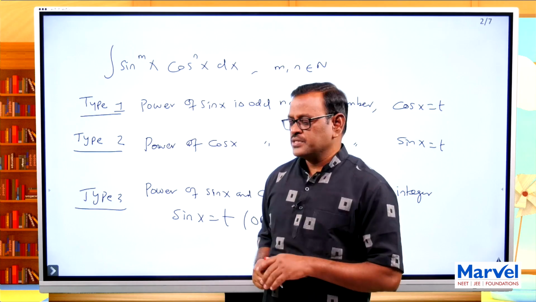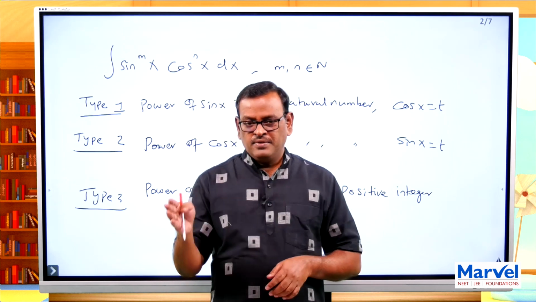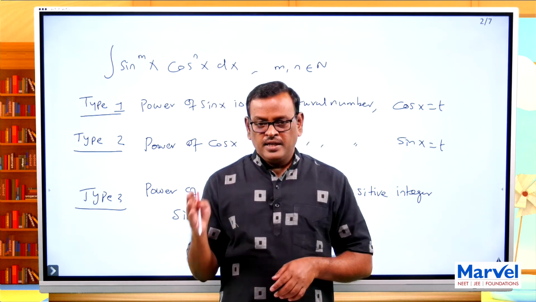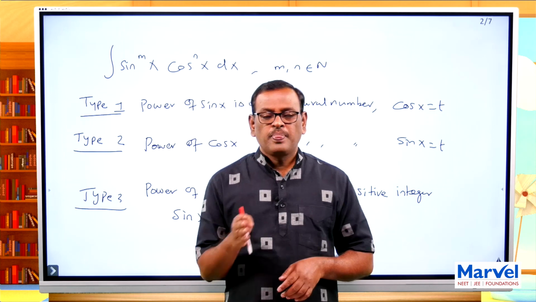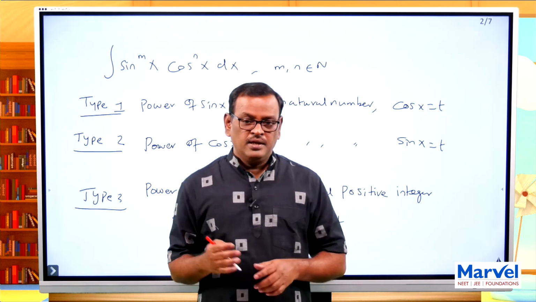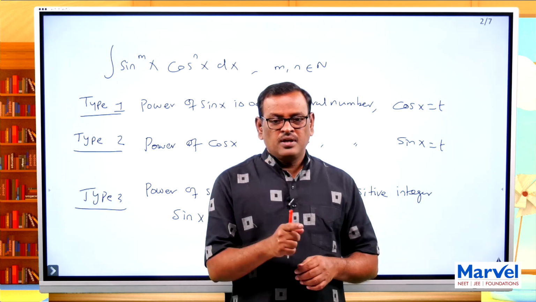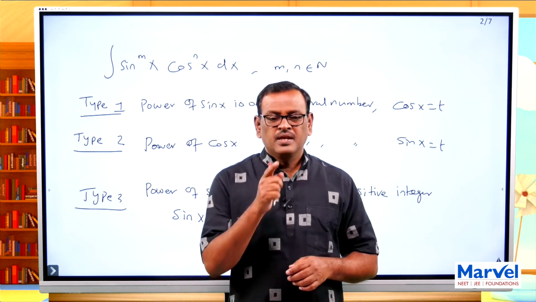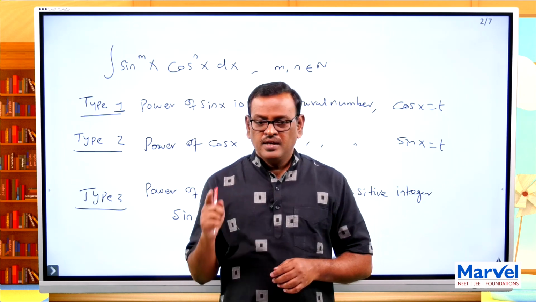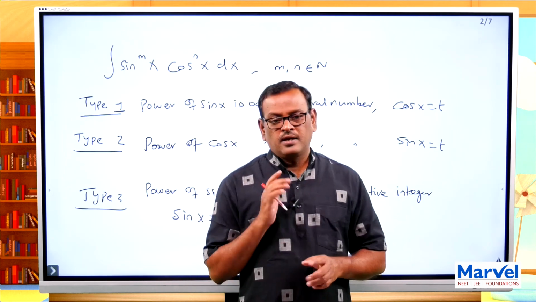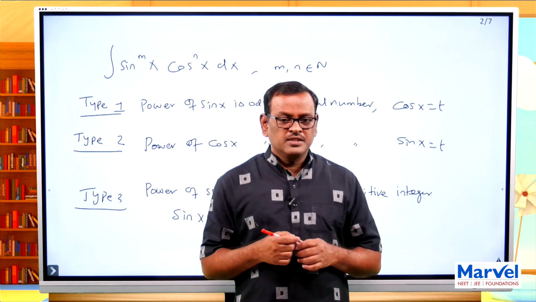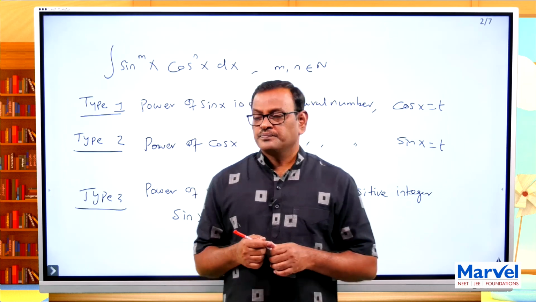We have four options: m is odd and n is even; m is even and n is odd; both are odd; both are even. Now I will explain three concepts: m is odd and n is even; m is even and n is odd; and both are odd. Later I will explain both are even. Okay. Now,